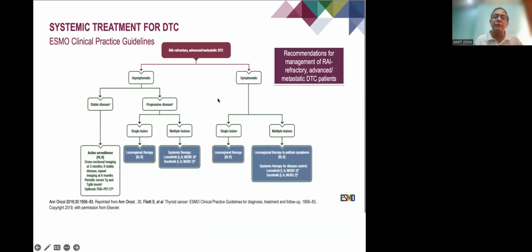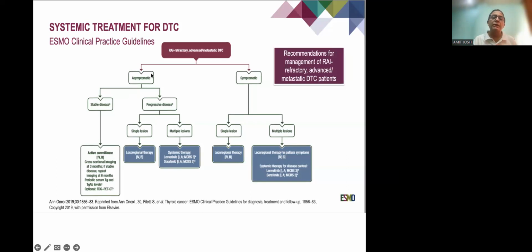So for teaching purposes, consider patients with radioiodine refractory metastatic thyroid cancer, asymptomatic or symptomatic. If the patient has stable disease, like the lung nodules I mentioned that are stable with no further increase, and is asymptomatic, then active surveillance with cross-sectional imaging every 3 months. If stable, then repeat imaging every 6 months, with periodic thyroglobulin and anti-thyroid antibody, and optionally FDG PET-CT. So patients who have stable disease, you just monitor every 3 months initially and then